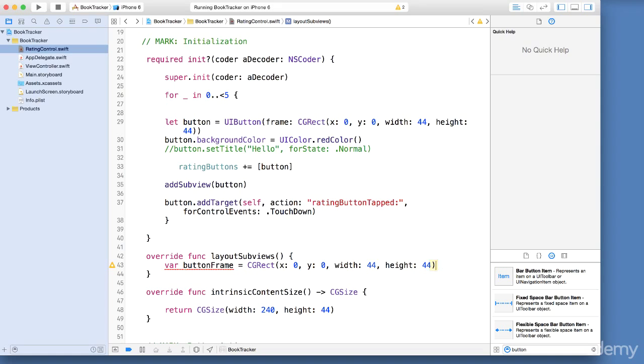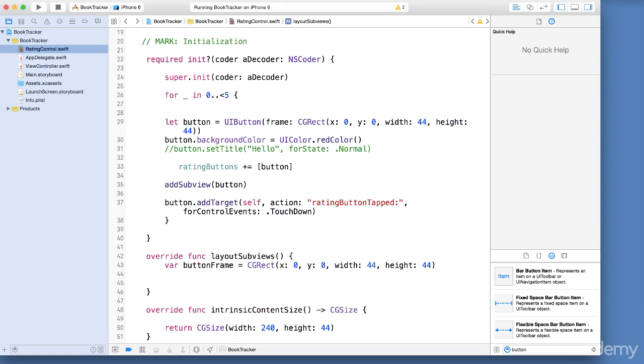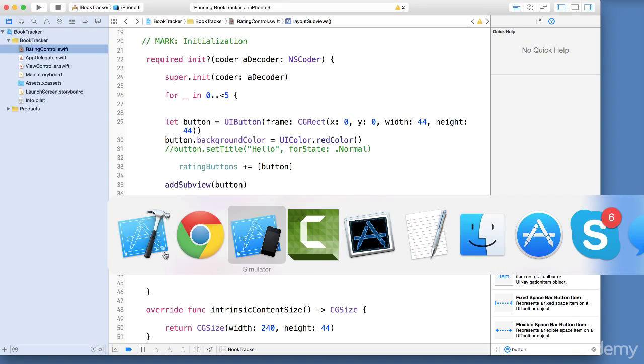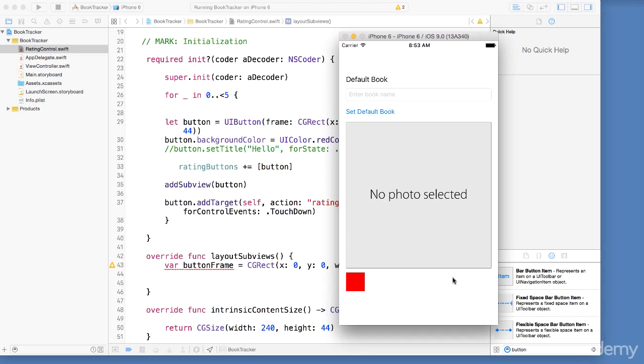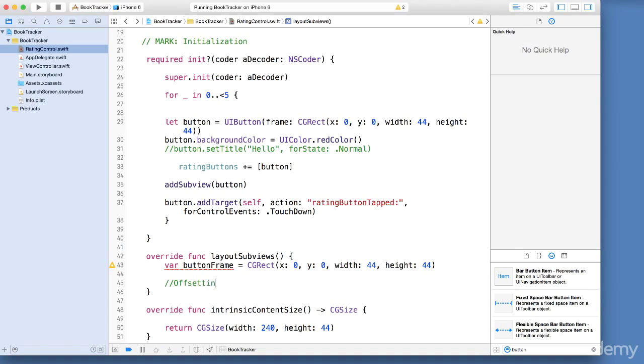And now, after this, we're going to create an offset for each button origin. That way we have all of them lined up correctly, horizontally. We want to make sure that our buttons are horizontally displayed, not just stacking over each other here. So we're going to be offsetting the buttons' origins so they lay out horizontally.